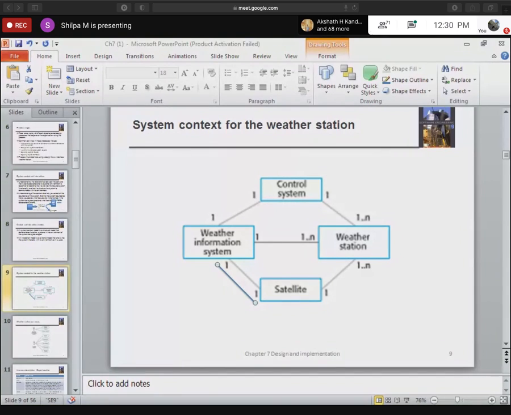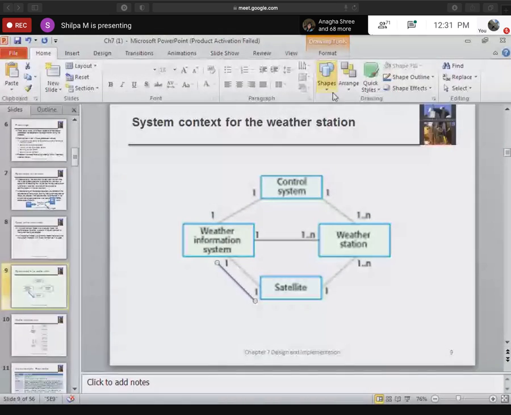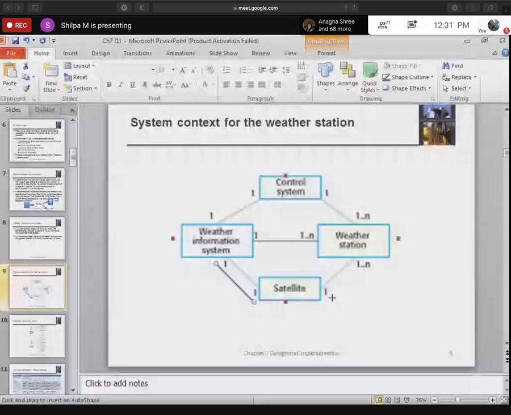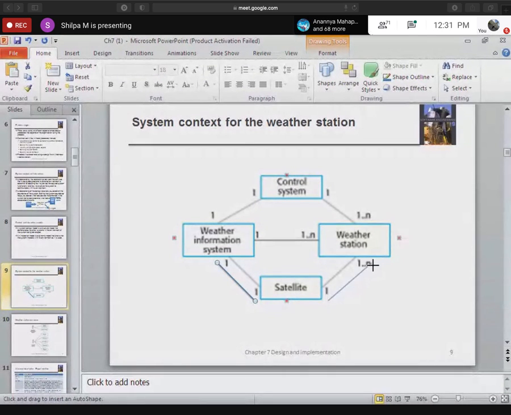What is that one-to-one association? Ananya, you have studied already for your internals. Very good. So, Ananya, what type of association is this?